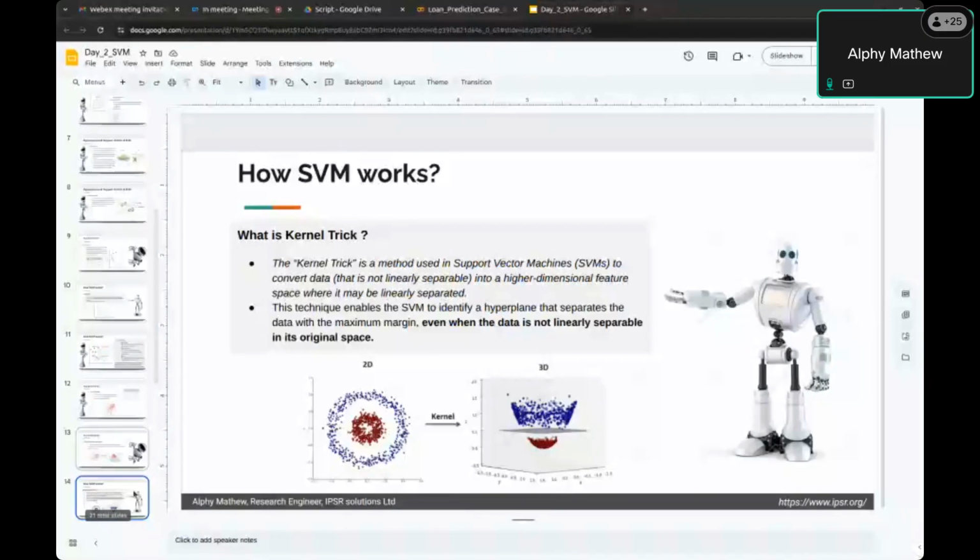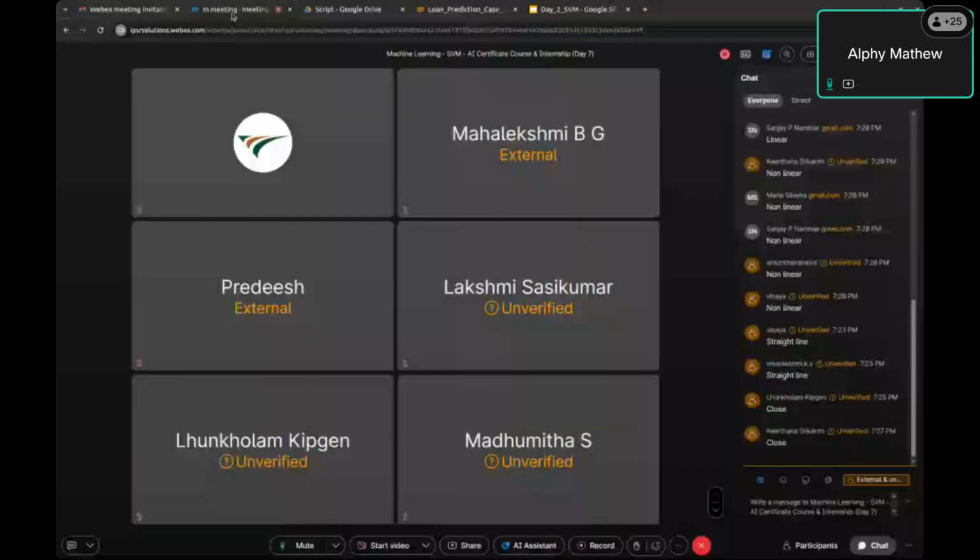Okay, so let's have a quick MCQ here. When SVM uses the kernel trick, what happens in higher dimension? Okay, my question is, when SVM uses a kernel trick, what happens in higher dimension? Options are, suppose I will type here, option A as data becomes circular,